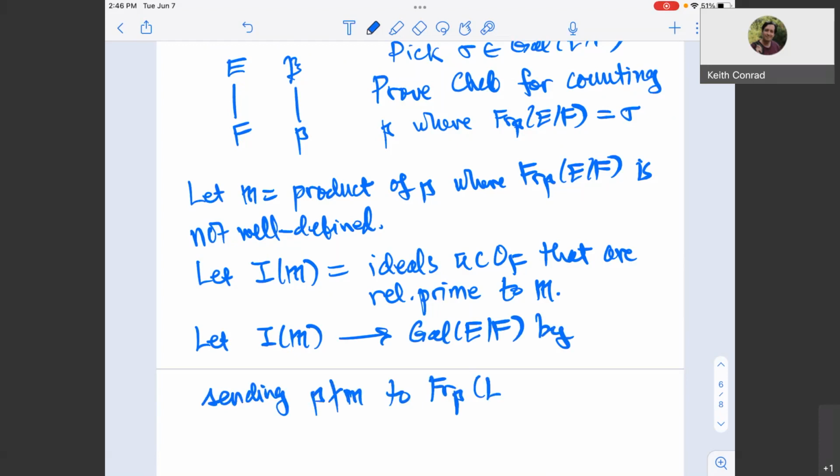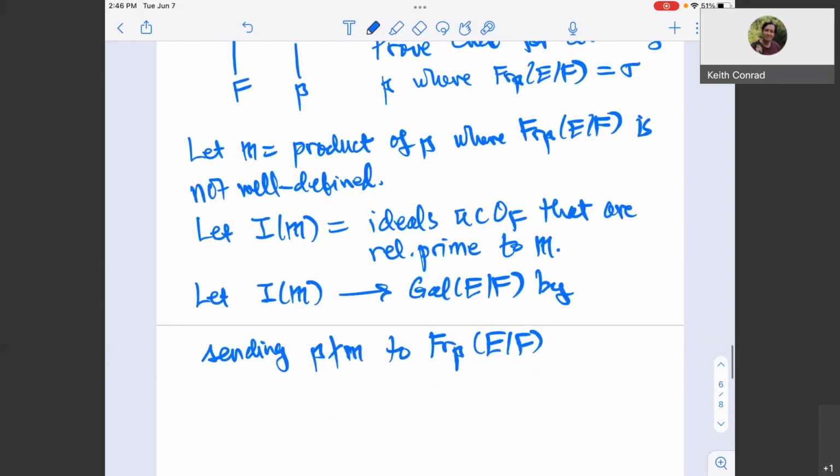It's kind of like circular. We've defined an ideal built out of the primes where it doesn't make sense. So the primes that don't divide it are the ones where the Frobenius makes sense. And then just extend by multiplicativity. Extend to all ideals relatively prime to M